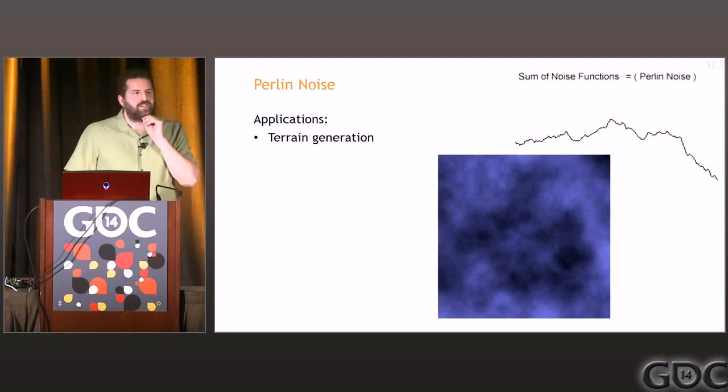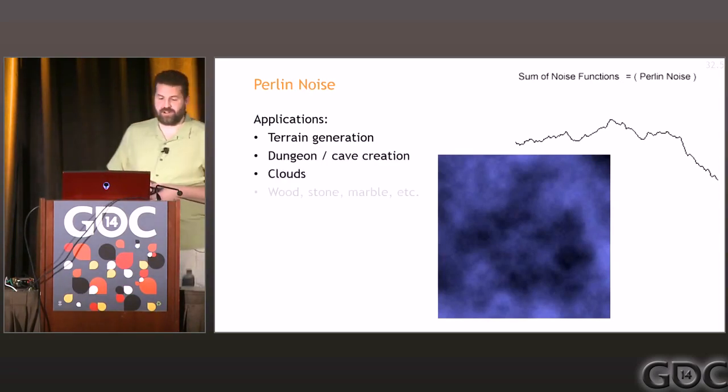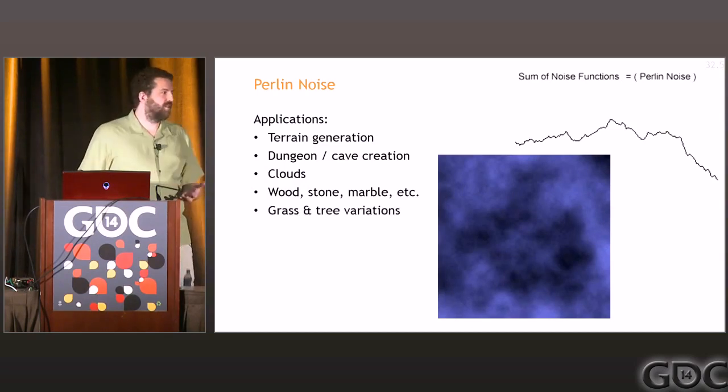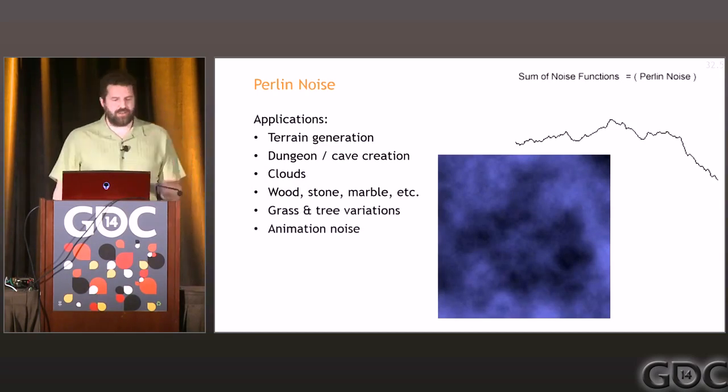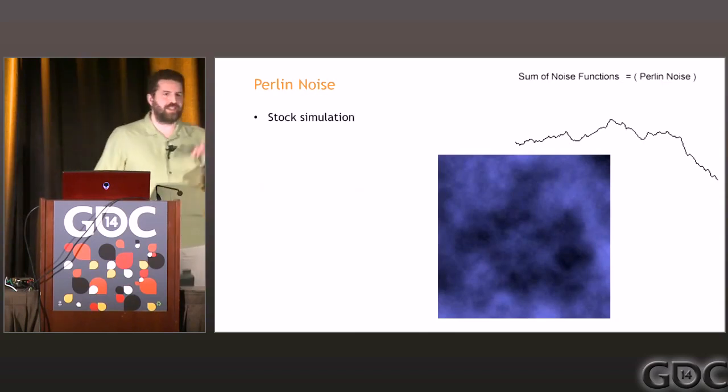So there are a ton of applications for Perlin noise. Obviously, people have used it a lot for terrain generation, for creating dungeons and caves, that sort of thing, for clouds. We mentioned wood, stone, marble, procedural textures, grass, trees, animation noise, and shader effects, right? But there's a lot of other things you can do with Perlin noise, like if you have stock market in